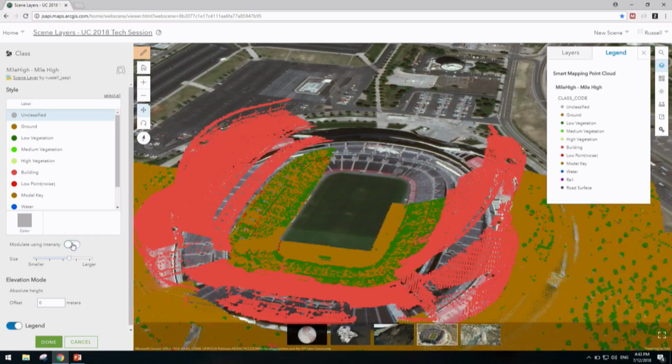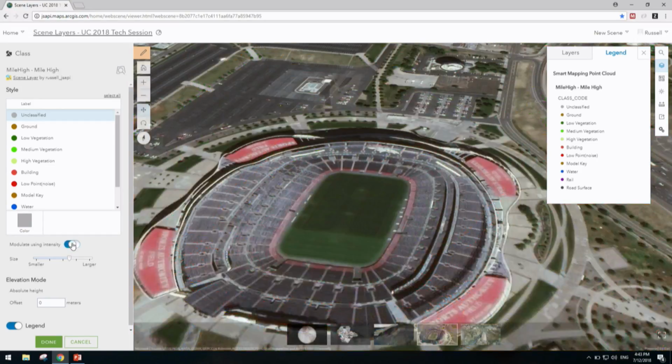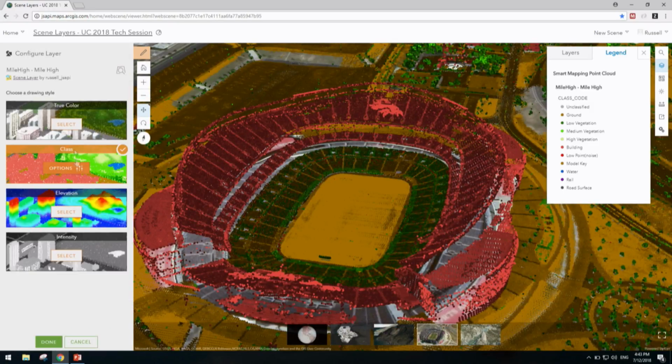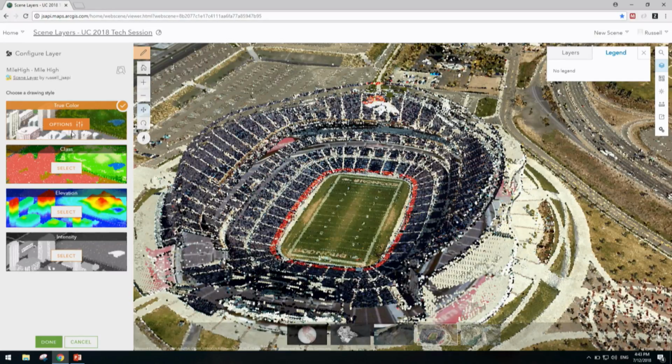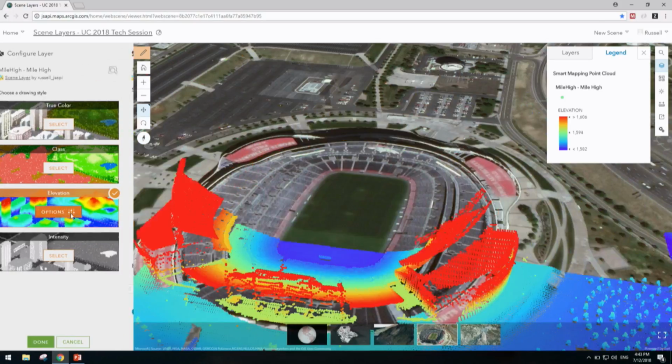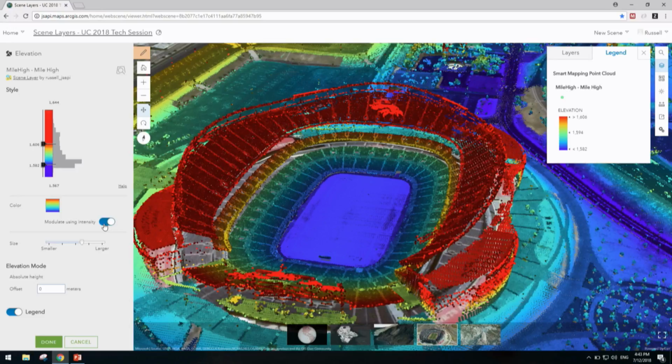If I remove the intensity, you see I lose that high level of detail that we saw within this scene. I can leverage the RGB values, so now we get a more realistic looking scene like the one beforehand. And if we wanted to, we can look at the elevation, and just like with the class one, I can look at it with the intensity